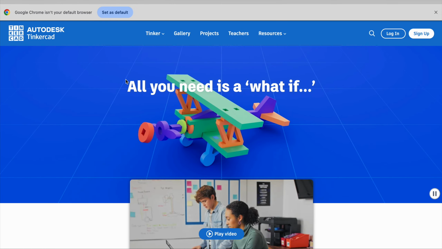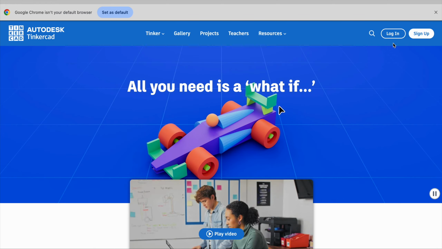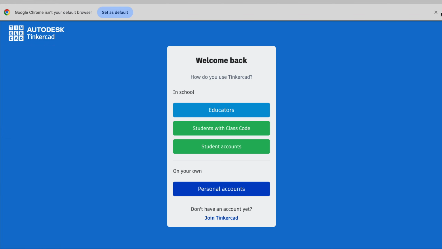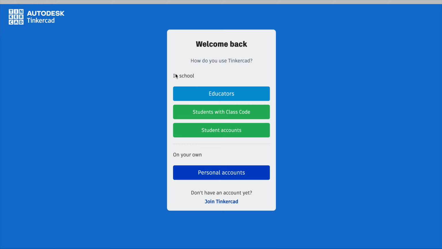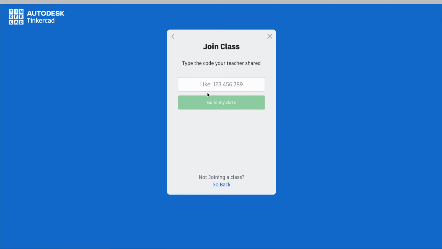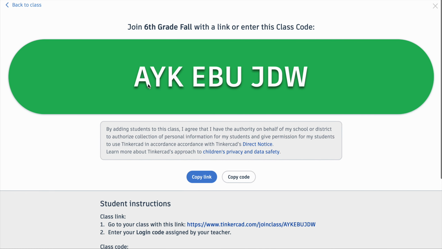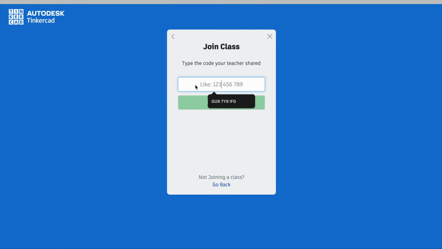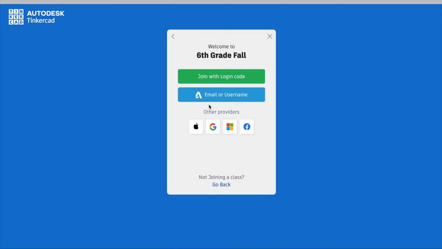When they get to the Tinkercad homepage, you will see that there's a button called Login. So I'm going to click Login. And there are a few options. How to use Tinkercad in school. They're going to choose Students with Class Code. So they'll click that, and now it's going to ask for that class code that you had created when you made your class. In our case, it is this code right here, AYK, EBU, JDW, and then you'll click Go to My Class,